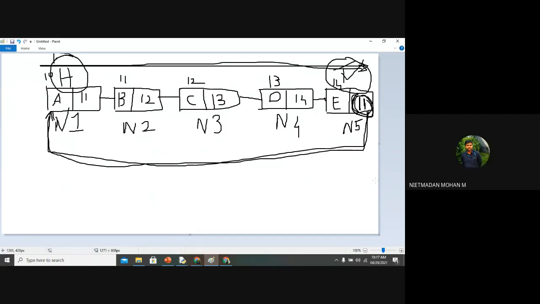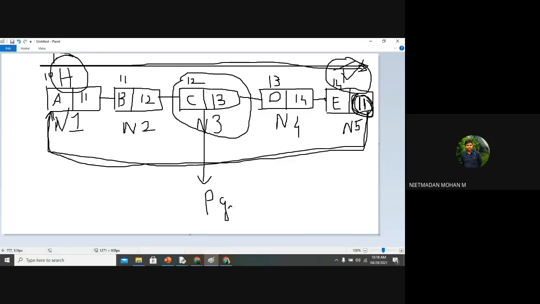Can you give me a real-time example for the circular linked list? It means it won't end. The list will not end. When a condition occurs at a particular node, the list will end. Musical nodes, yes, the musical nodes. It will come around circularly. When you stop at any one of the nodes, the circular linked list will be stopped and the traversal will not happen after that. That will be based upon the condition in your program, whatever you write.